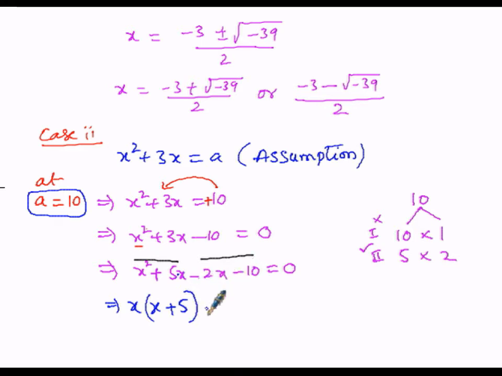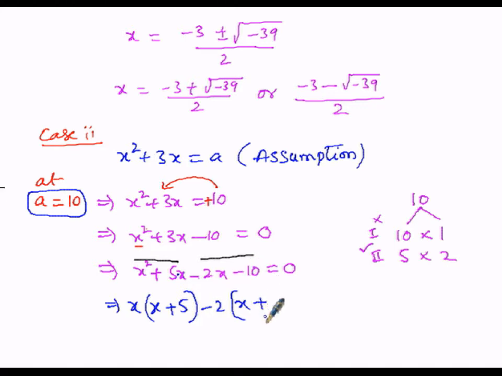I want to take the minus sign as common, and moreover I want to take 2 also as common, because this 10 can be written as 5 twos. So when minus 2 is taken out as common, just x is left over within the bracket. Since the minus sign is outside the bracket, the signs inside the bracket will be changed. So minus will be changed to positive.